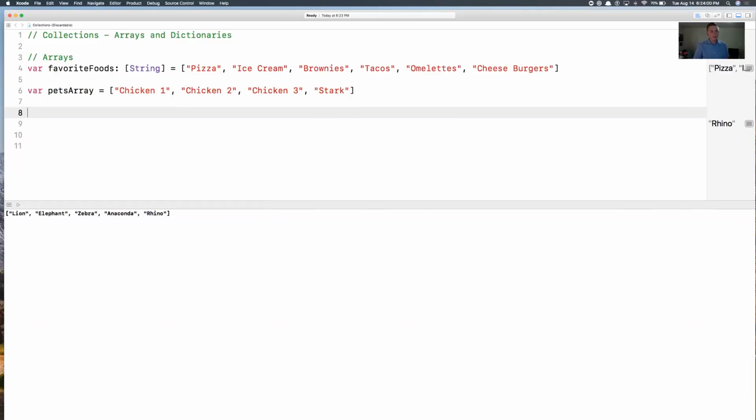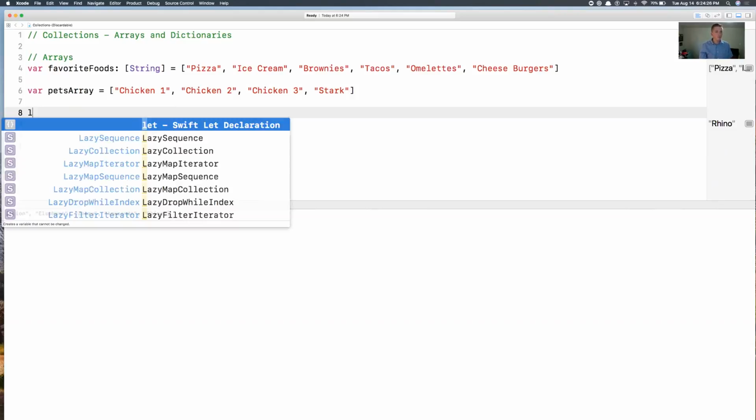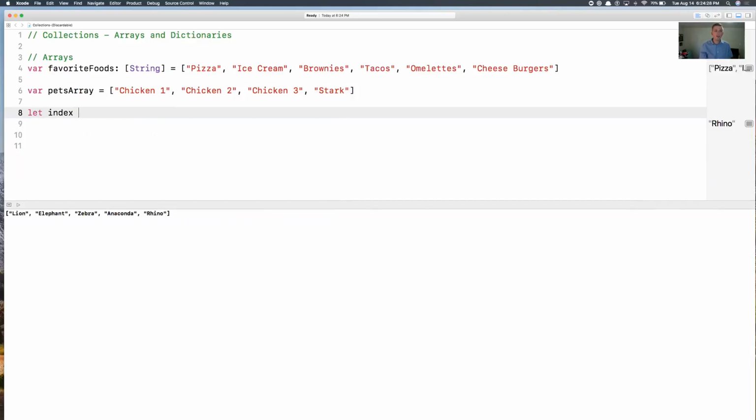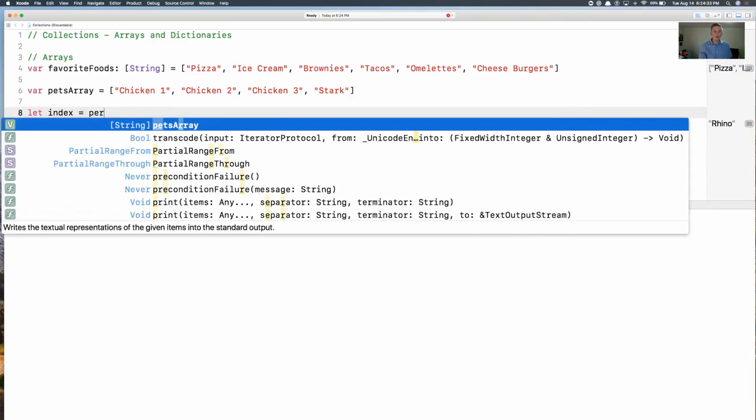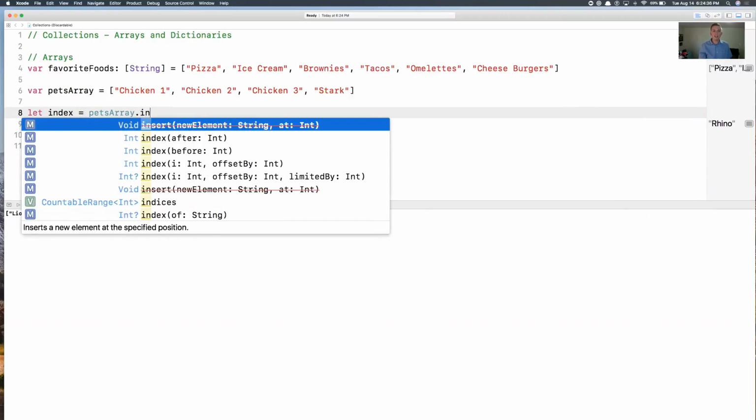So I've got this array of pets. Well, let's say that a cat got into our chicken coop, and he took away some of our chickens, okay? So how can we remove these items from this array, okay? Well, in order to remove items from an array, we have to know the index of the item, and we have to remove it from a specific index, okay? So let me show you. We're going to need to create a property that's going to be an index, okay? And so I'm going to say let index equal, and then we're going to do pets array dot index of,